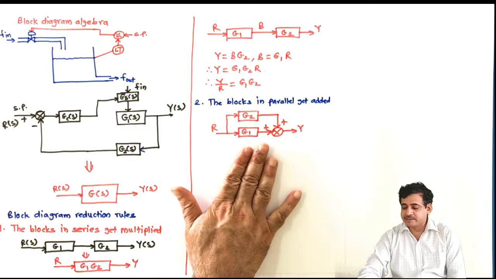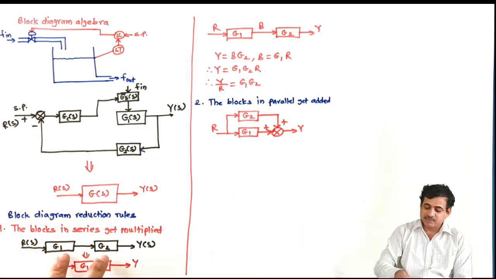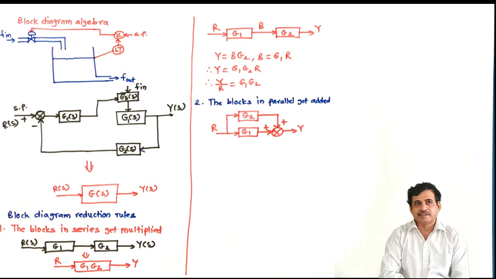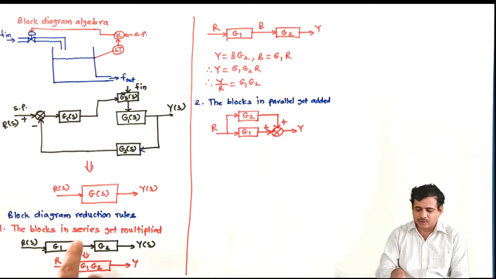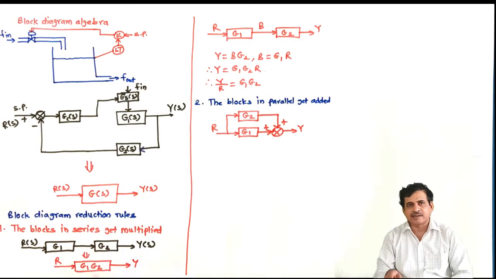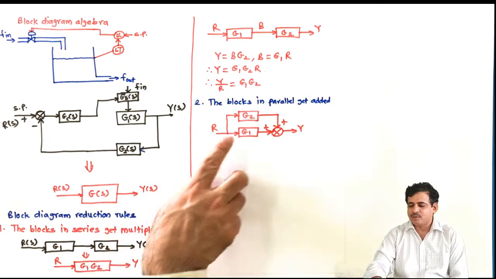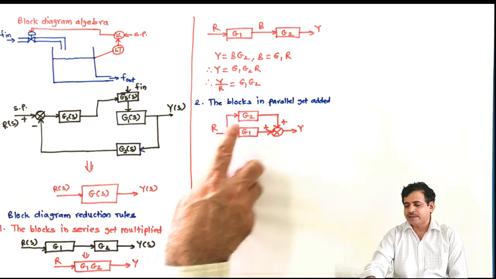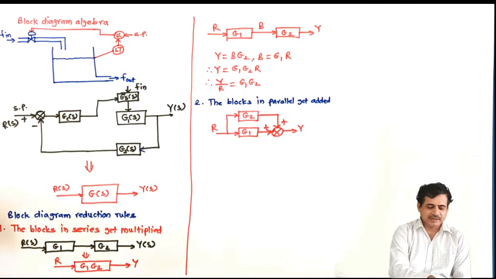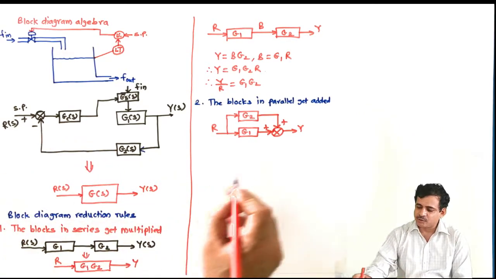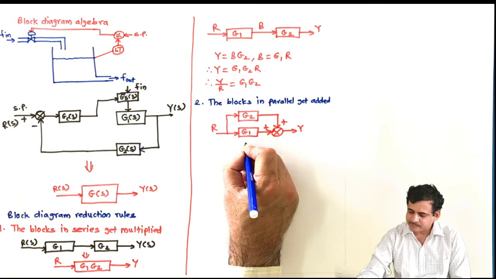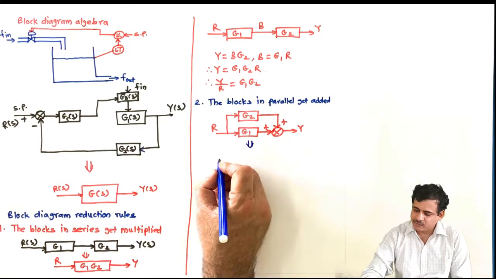So these blocks are in series, in parallel, and these blocks are in series. The blocks are in series when the two blocks have nothing in between. So there is nothing in between them, no signal is going out or coming in, they are just connected in series. Like here, these two are in parallel. Why? Because both blocks have the same input and their output is added, and that is why they are in parallel. So its equivalent is